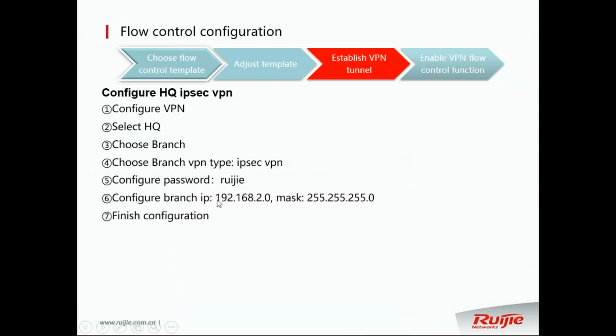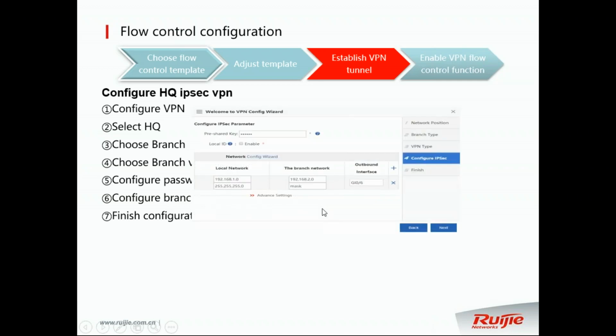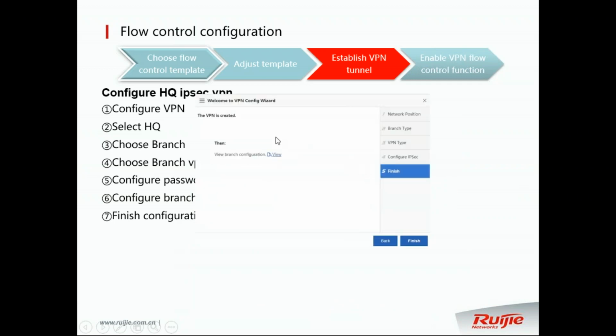And then the password. In this example, we use Ruijie, and the branch IP is 192.168.2. The header coder is 192.168.1. So the header coder local is of course 1, and then the branch is 2, and also the mask and the outbound interface, the export interface GO/6, and the pre-shared key. In this example, we use Ruijie. So when you finish it,